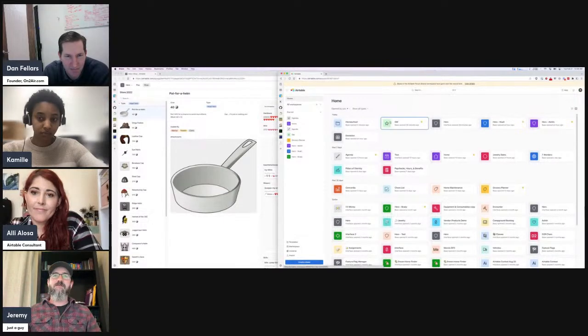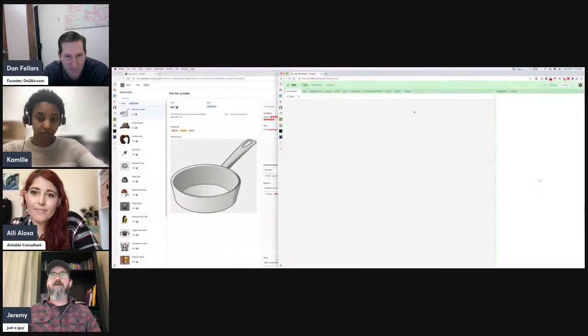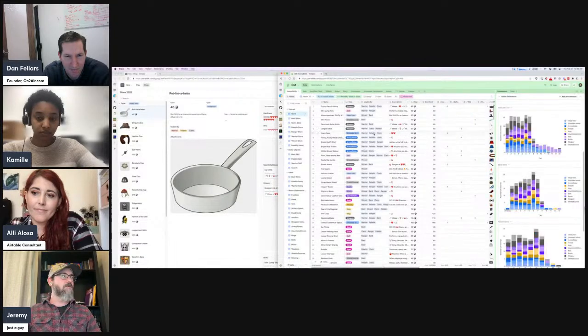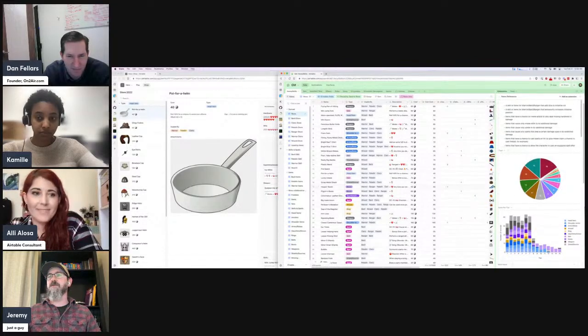The next base is where I actually build out all of the items and rules for our adventure game. Gosh, it's hard to know even where to start with this one.